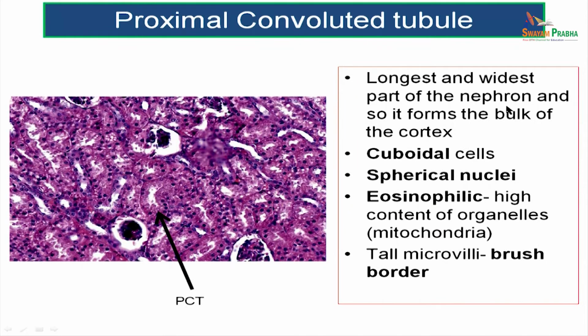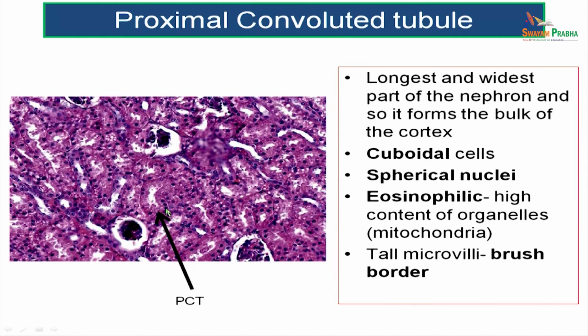Why is it so? It is because PCT is the longest and widest part of the nephron, and it is going to form the bulk of the cortex. So, you will see more sections of PCT as compared to the DCT. So, in the histological section,